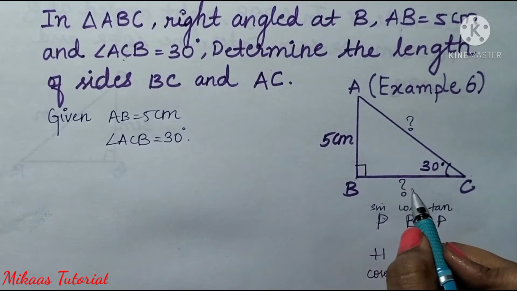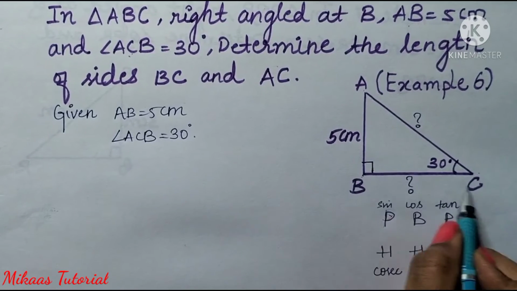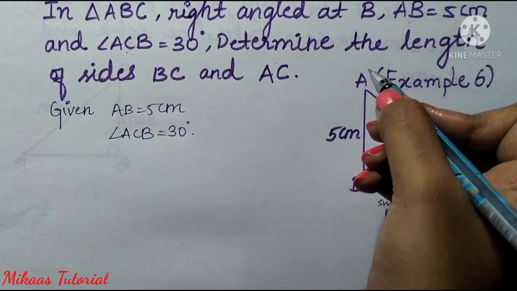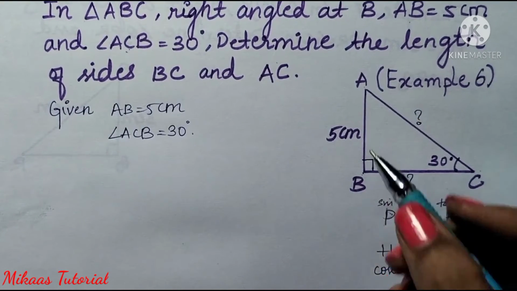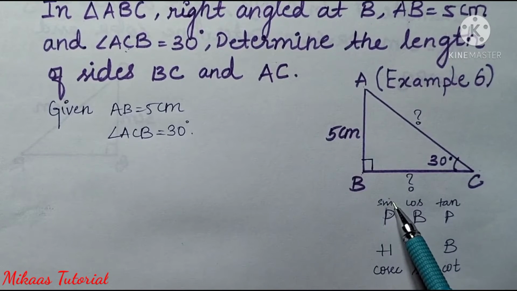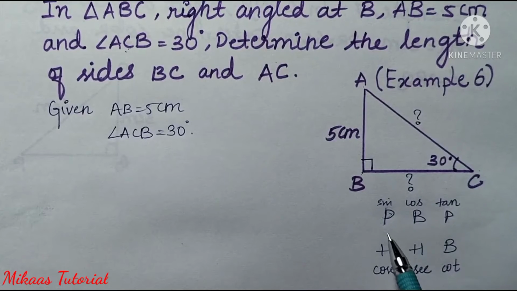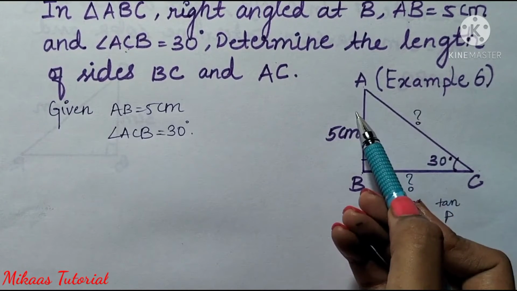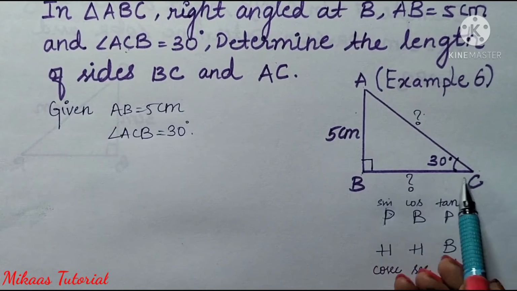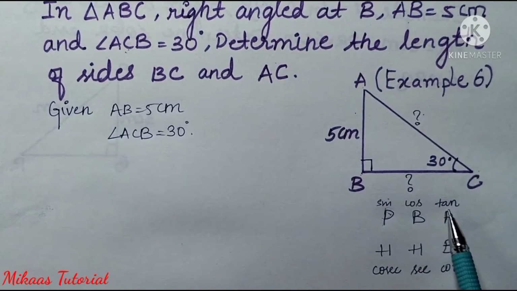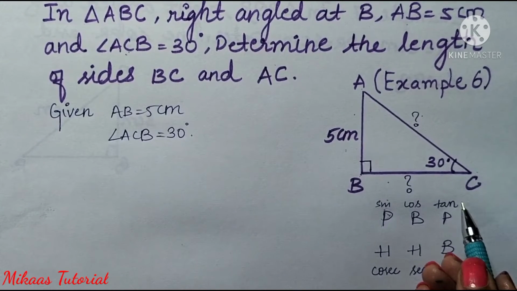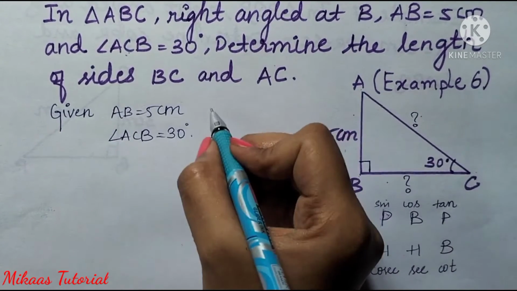For that, first we will take one side, that is BC. Think at an angle, what we will get as the base and perpendicular as their sides. We have the angle 30 degrees, so we could write sin 30 is equal to P by H, taking perpendicular and hypotenuse. But first we are going to see BC, so take the ratio which has base and perpendicular, that is tan. You can also take cot, but we will take tan.